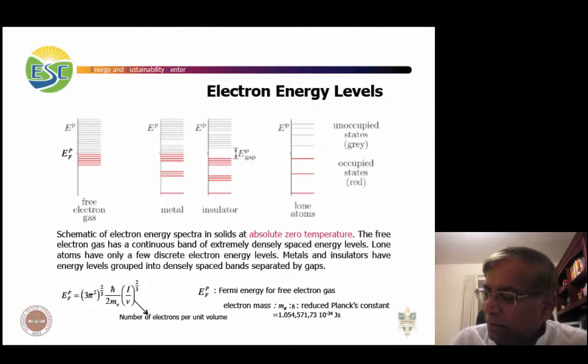So when the lone atoms are brought closer together to form a true solid, the discrete atomic energy levels broaden out into bands, as shown in the metal here. In particular, the outer electrons start to interact strongly with the surrounding atoms. The different forms that these interactions can take produce varying energies, causing initially equal electron energies to broaden into bands. In fact, you can see these lines come together